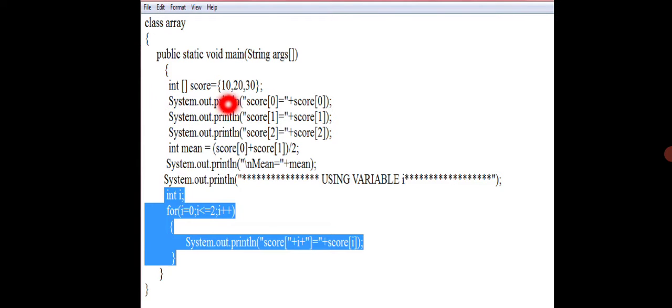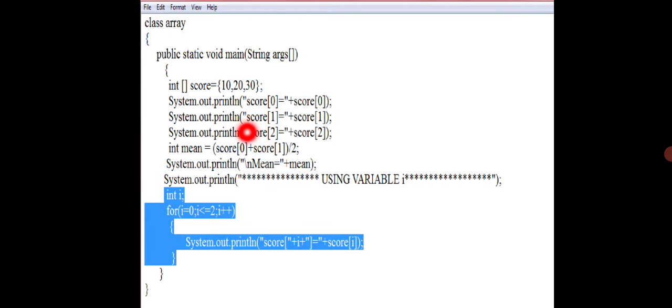If I want to access the first value, I can use score of 0. Here score of 0 within double quotes is printed as it is, and plus score of 0, which is a variable value, prints the value 10.